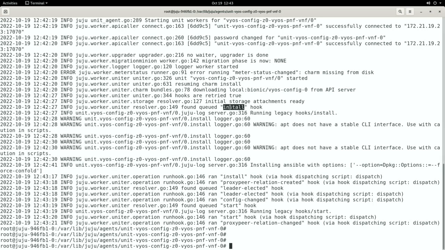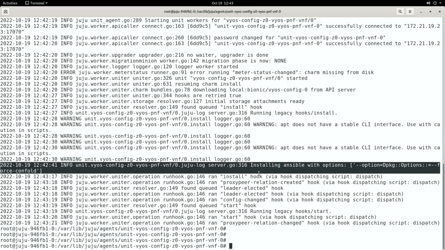Now it's saying, okay, we're going to call the install hook. And you can actually see it says installing Ansible. So the var log juju log, basically, whatever you print inside of your charm code will show up in this log here. So we can see that this thing is up and running, juju's running, which means now when I